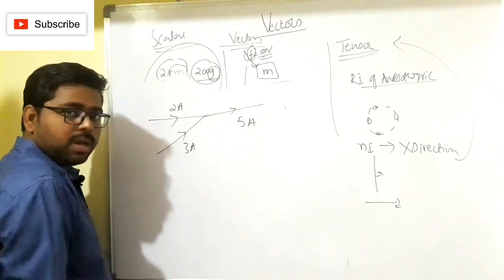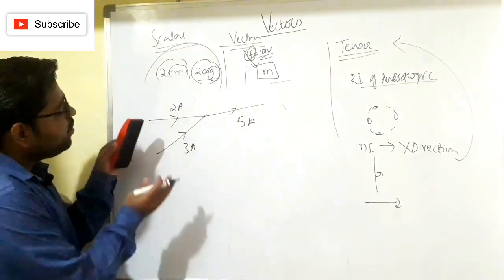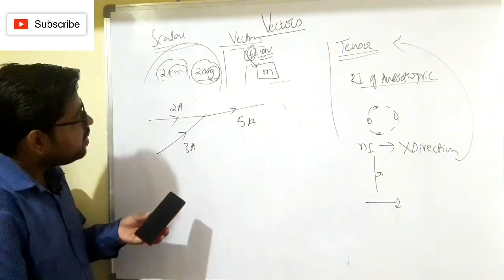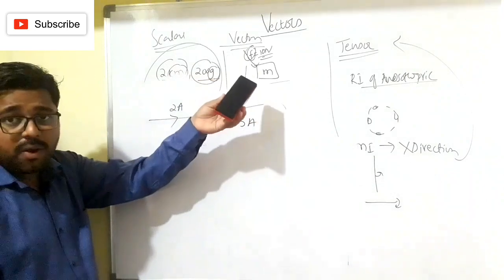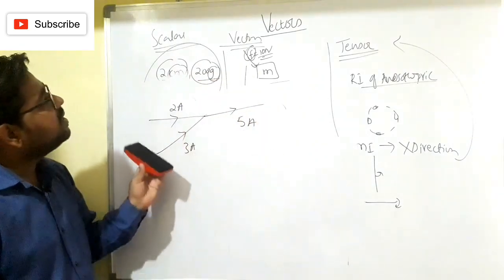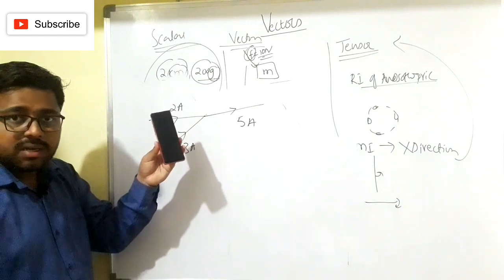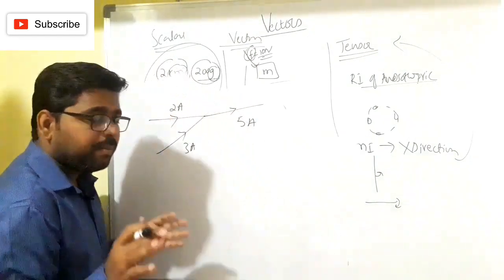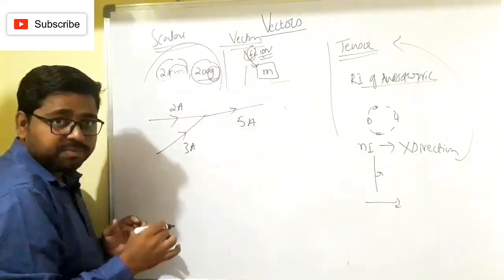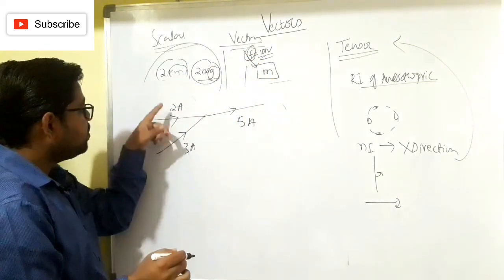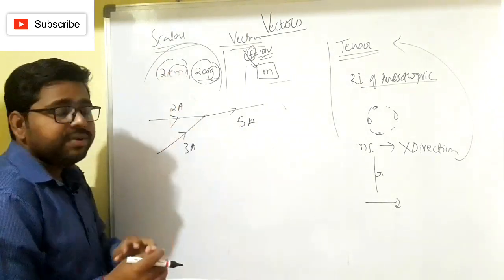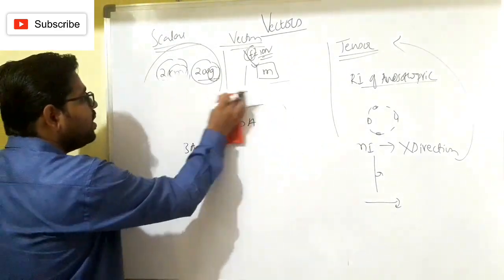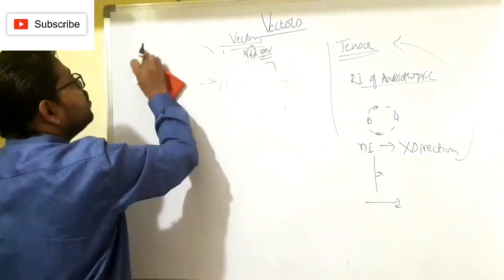5 ampere. Now if you keep changing the direction of the wire, what happens? The direction will change. But if direction changes, it has to be a vector quantity, right? Still, why don't we consider current as a vector, and why do we consider it a scalar? It does not obey vector addition. It obeys only scalar addition, that is 3 plus 2 is equal to 5. That is why we consider it a scalar quantity. Now, having understood this, we will move on to the next concept.